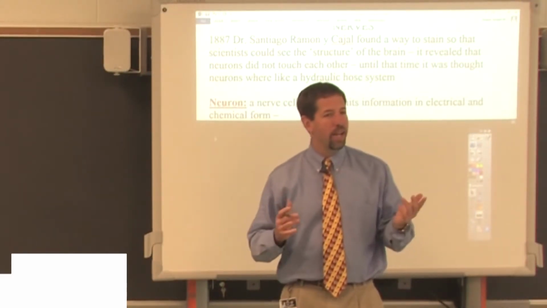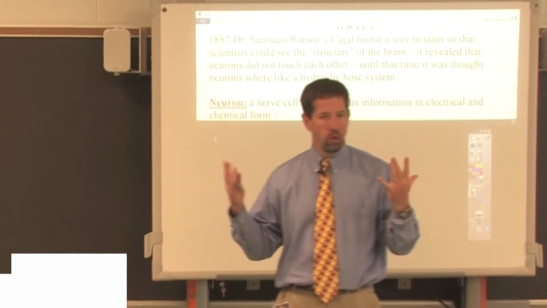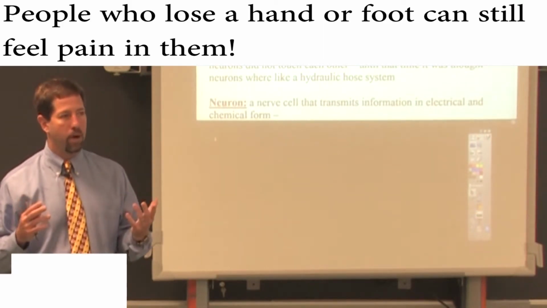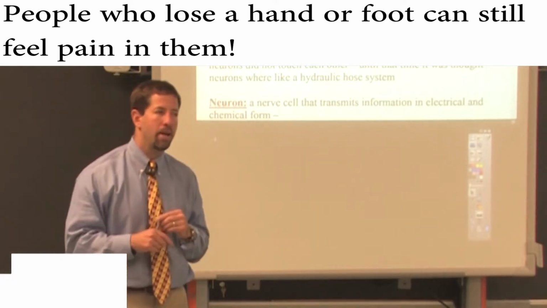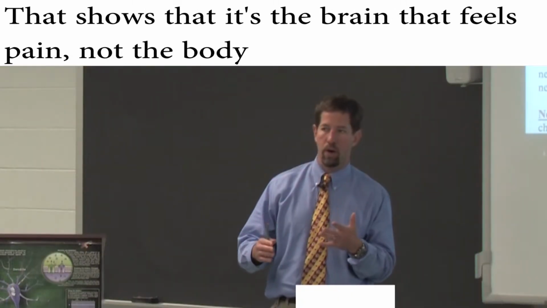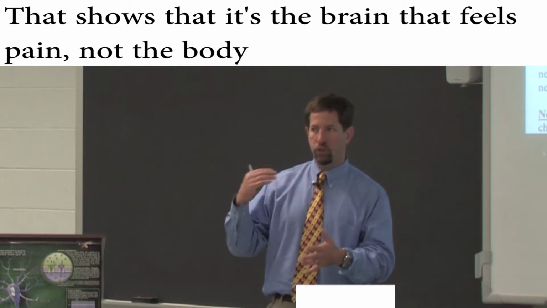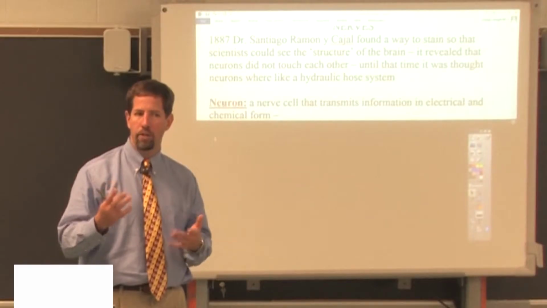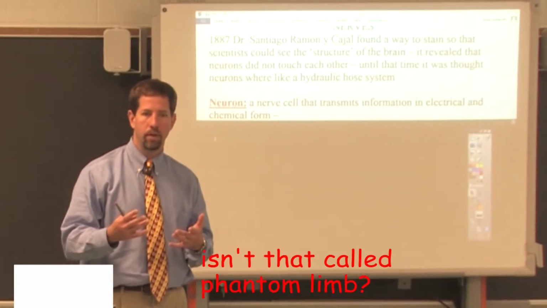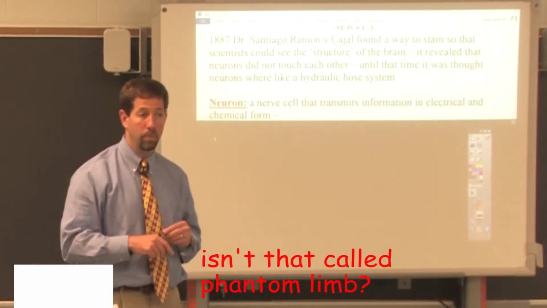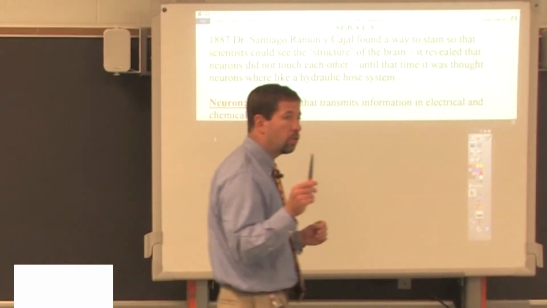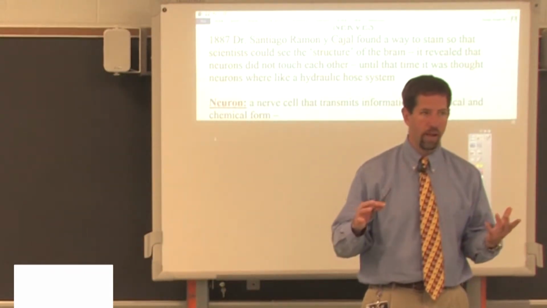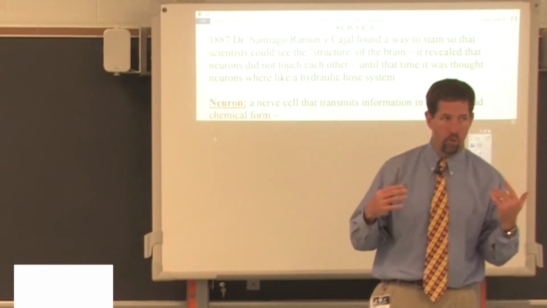So why are we saying this? People who lose a limb, who lose an ear in a tragic blender accident, people who have these problems, they still feel the pain. Imagine your hand is cut off, but you still feel an itch and that hand is not there. How is that possible? How do you scratch something that's not there? Phantom limb. Well done. Phantom limb syndrome points to the fact that we really don't see with our eyes. We don't feel with our hands. We don't feel with our skin. We feel with our brain.